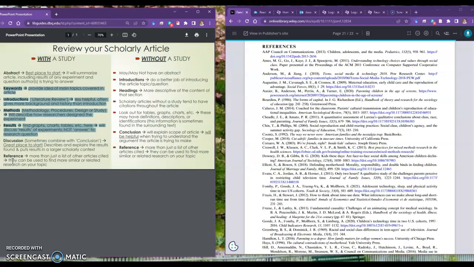So in review, get an A with less stress by using this method to read a scholarly article using the sandwich method. That means the abstract, and jump to discussion, and then